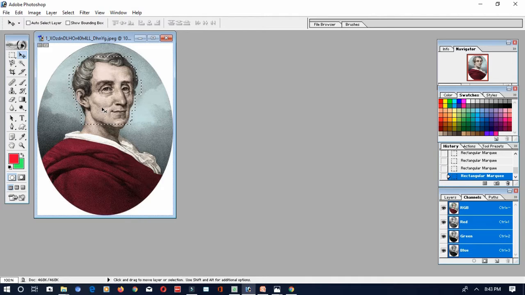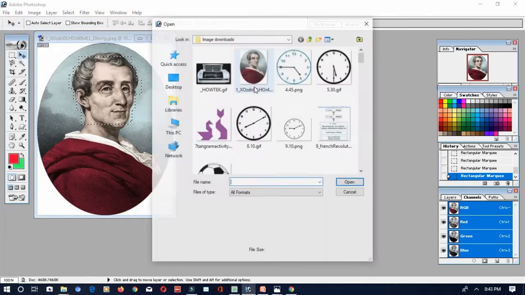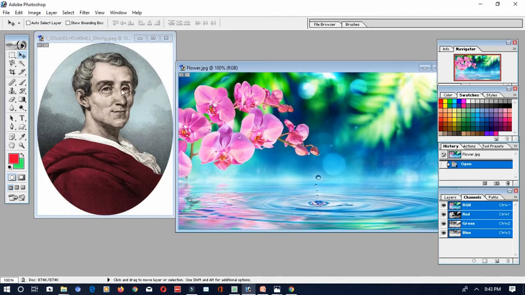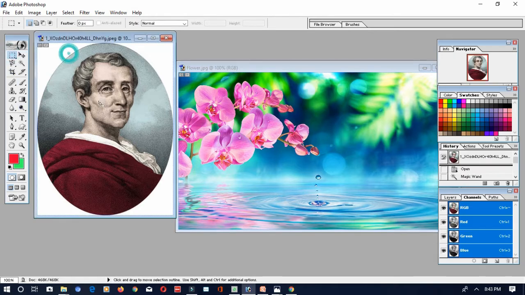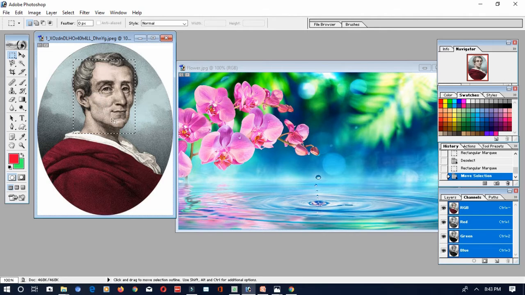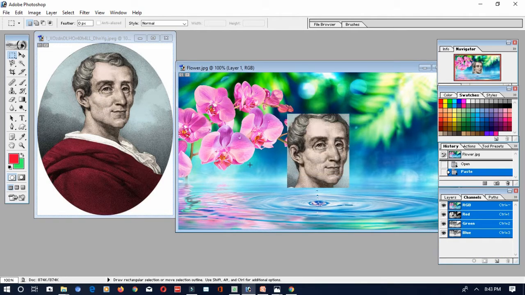Another one is copying the image. I told you already, just copy and paste it somewhere else. So if I'm opening another image, for example, this is my other image, I want to select this particular portion and move it over here. So what can I do? Use this tool and select the particular portion. After selecting, I press Ctrl+C, or I can go to Edit, Copy, and place it over here. Click on this image and place it.